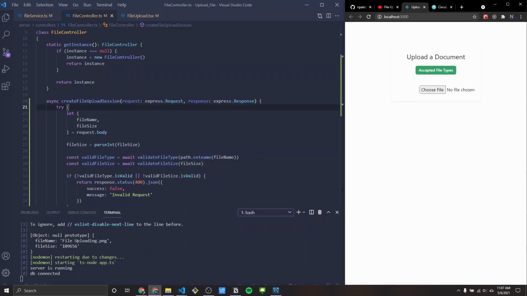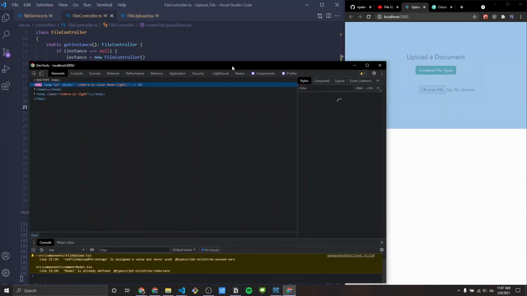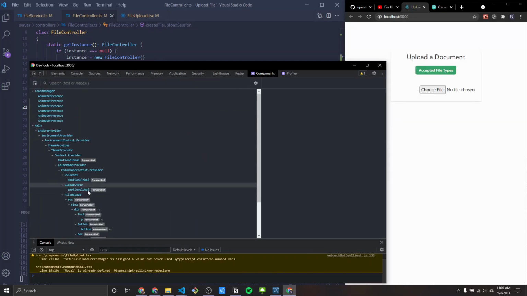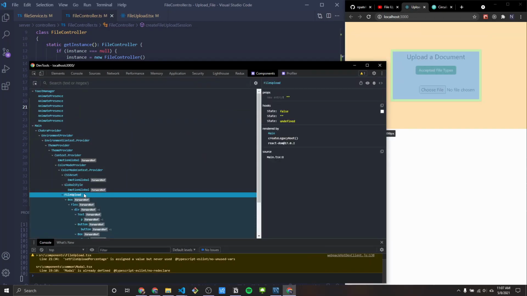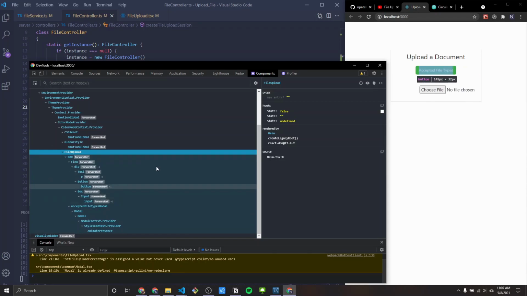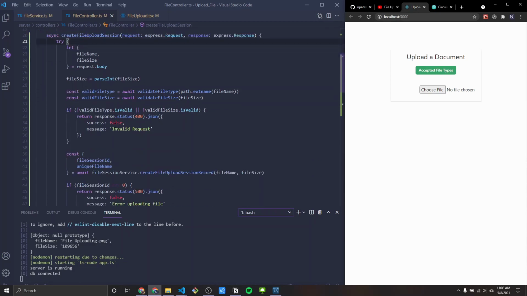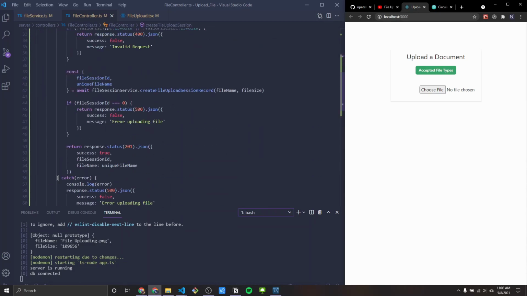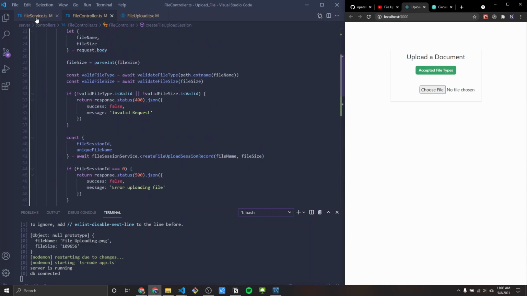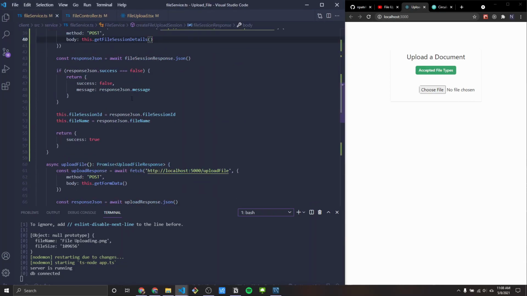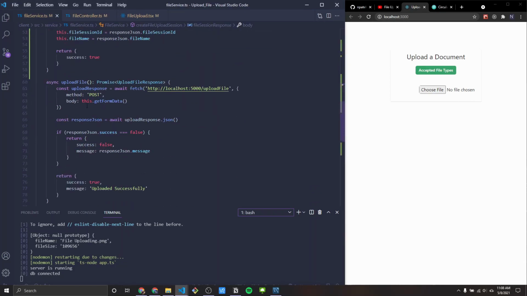Let's check one more time on the component. So let's check in the file upload, or so the file, not in the file upload. Okay, I guess we won't be able to see because we're not storing it in any state. Yeah, this will just be in memory, actually, the file session ID and the unique file name. All right, so now that the file session is getting created, let's go to the fun part and do the